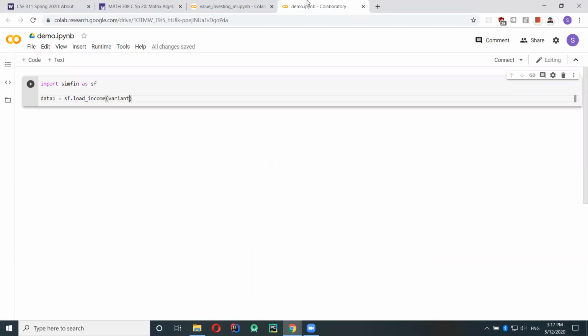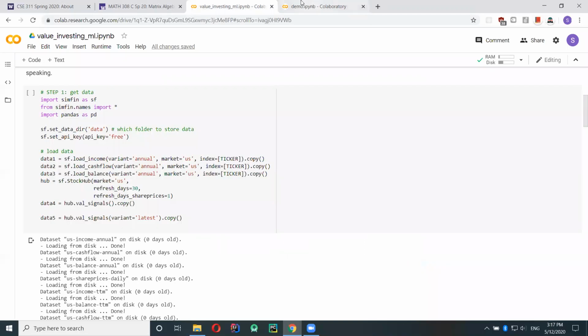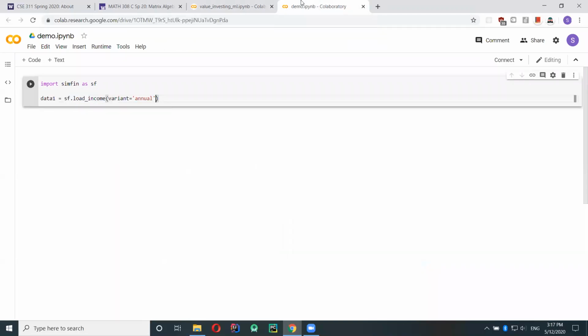Okay, so variant equals annual, and what this keyword will basically do is, variant annual is just annual data. Okay, so let's see what this will look like.